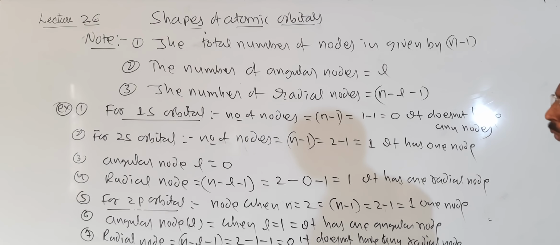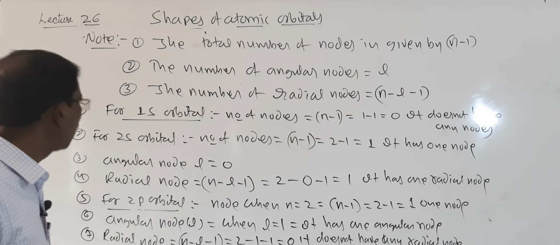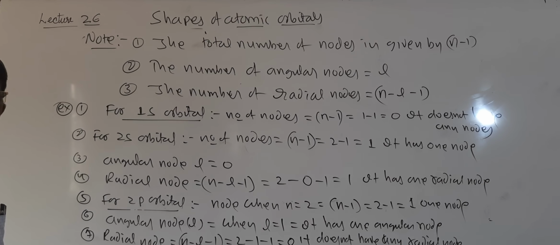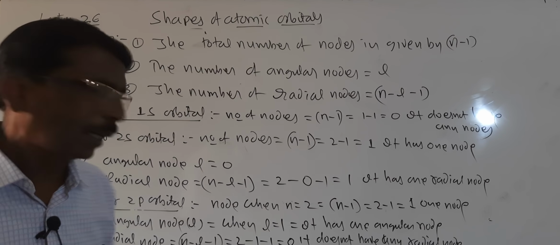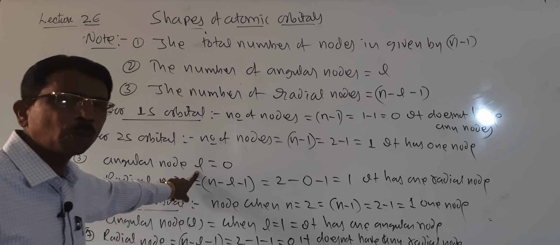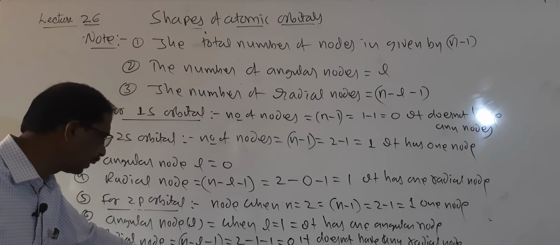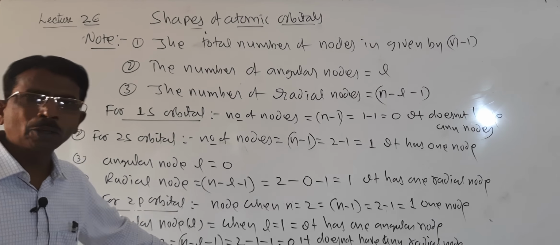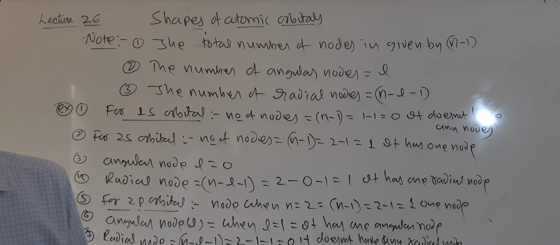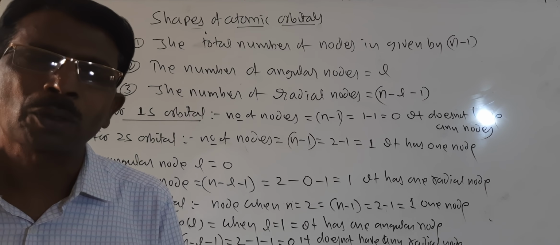So students, that is about the shapes of atomic orbitals. In the next video we will discuss the energy of the orbitals. Go through this and you will come to know clearly. At a node, the probability density of finding an electron is 0. Then radial node and angular node: angular node is nothing but the azimuthal quantum number, and radial nodes are n minus 1 minus L. So in our next class we will see the next topic. Thank you.